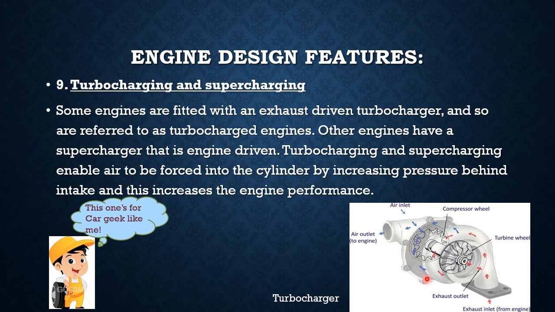Turbochargers and superchargers are used in high performance engines to increase power output by increasing the pressure of intake air. They also ensure more intake air is available for internal combustion engines. Superchargers are engine driven. They have a belt which is connected to the camshaft. Turbochargers, as we can see here, are driven by the exhaust from the cylinders, and then they compress the air for the intake of the cylinders.